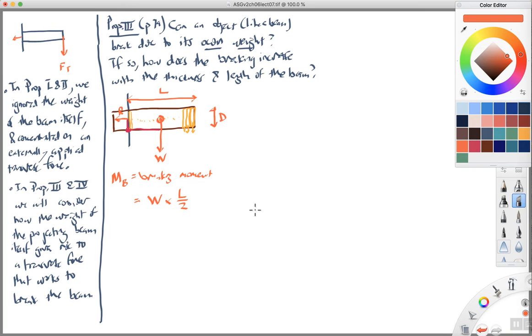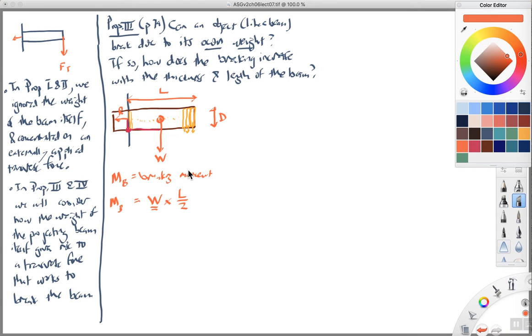Okay? All right, so this question is, how does the breaking moment increase with the length of the beam? And you see right away the breaking moment seems to increase linearly with the length of the beam. That is, if you make the beam twice as long, the breaking moment will go up by a factor of 2. If you make the length 3 times as long, the breaking moment will go up by a factor of 3. As you make it longer and longer, there will be a larger and larger breaking moment because of the larger lever arm. That's what you would think at first, but that would be mistaken, because the weight also is